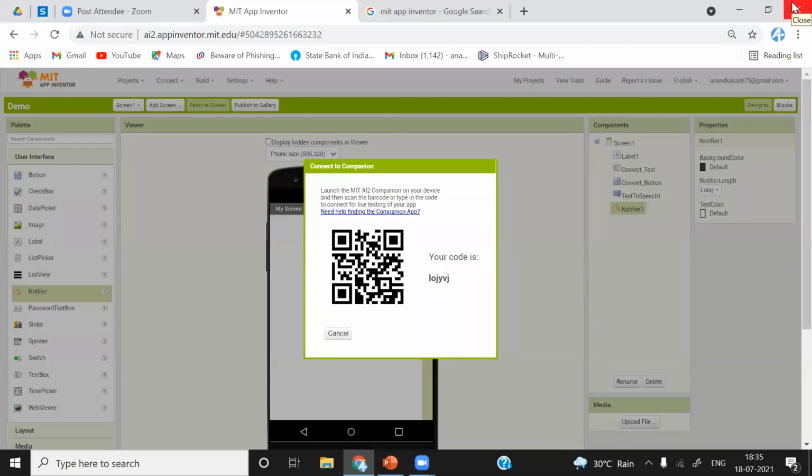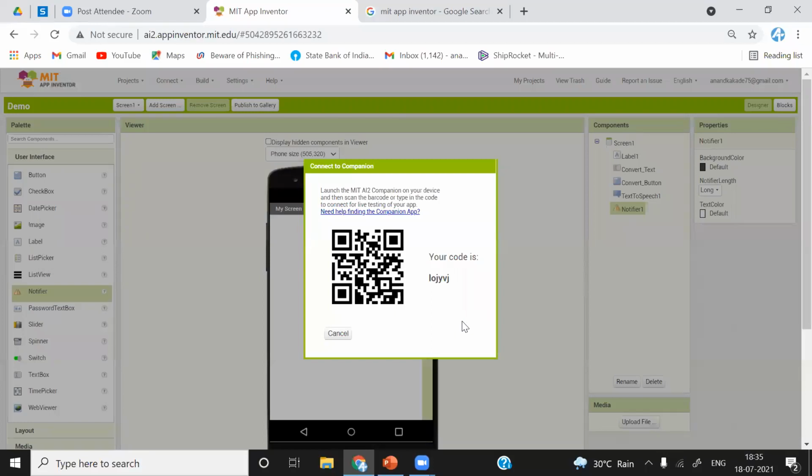Later I will share this screen and the video also. There are two options on this application. First is connect with code. You can see this code here. Okay. You can just type this code into MIT App Inventor, or simply you can just scan this QR code. There is also that option, scan QR code. So I will just scan it.